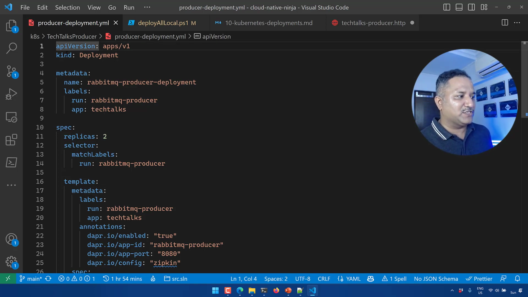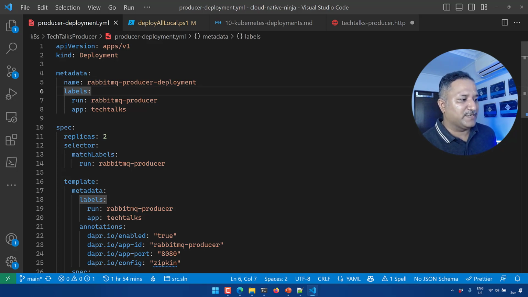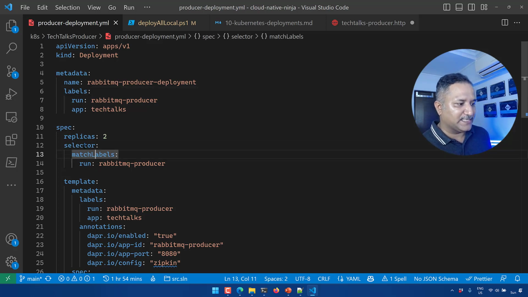We start with the API version, kind, and metadata, which are common to most of the Kubernetes objects that we create. So we use the apps v1 version as the API version, kind is Deployment, and then we specify some metadata, like the rabbitmq producer deployment is the name for this particular deployment we are trying to create. We also specify some labels, which are like key value pairs, and these help us in identifying the deployment. So we will talk about these labels and things like the match labels and selectors in future videos of this